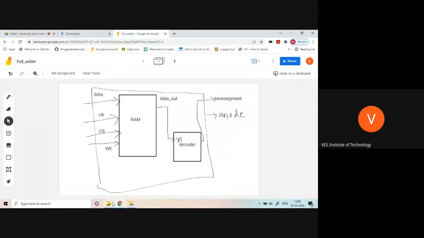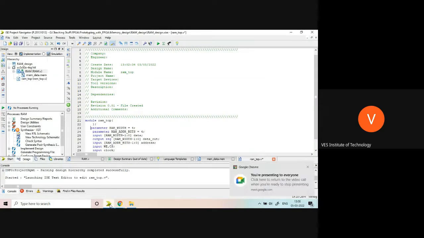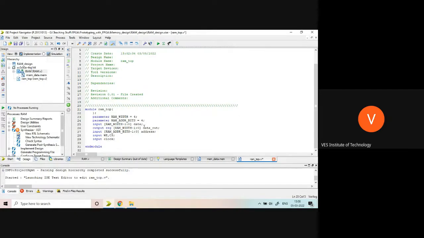I just wanted to check, that's why I'm using it. So the restriction right now, my restriction with the board is that many ports are not available. Okay, so I will keep the parameter the same. Here I want port data, which will be coming from the input side. Address will be the port. Then data out will not be there, so I will write 7 segment as the output.